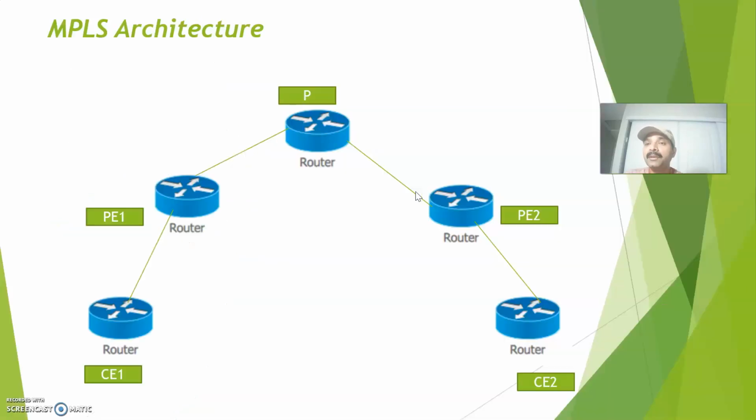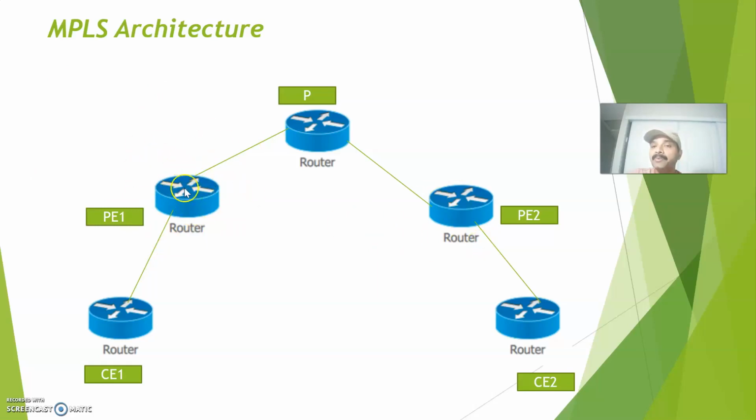Now let us see the MPLS router and how it works exactly. From this customer edge router, it will send the packet. The packet will be routed from the customer edge router to this provider edge router. At this transmitting end, it will impose a label, or push a label, what we call label imposition or label push. The label push is done by the label edge router. These two routers we call label edge routers.